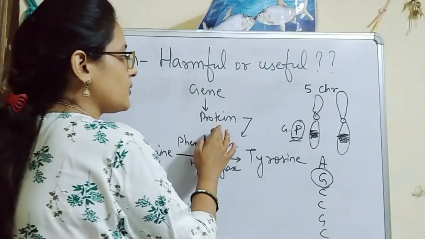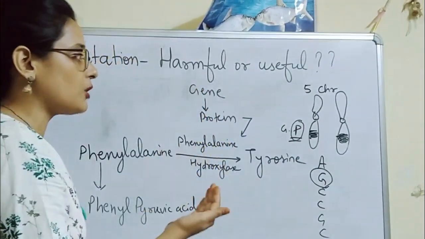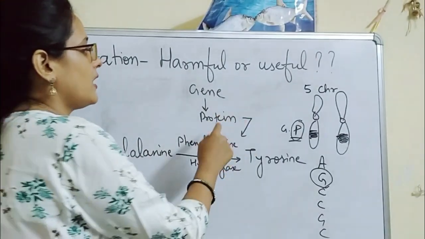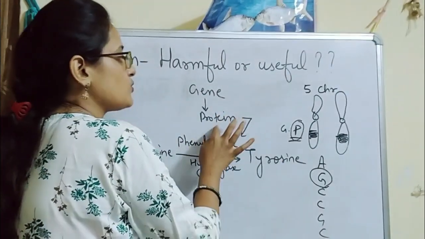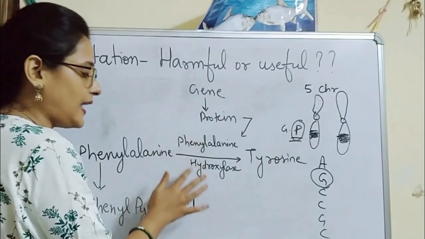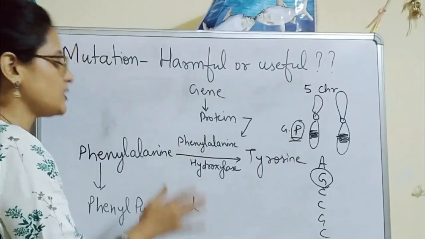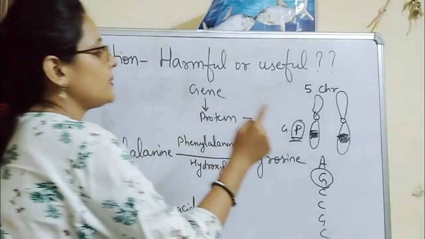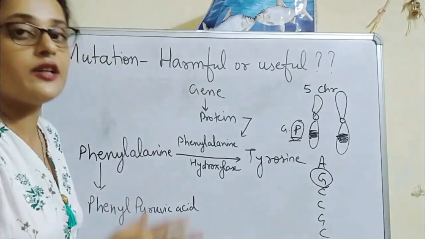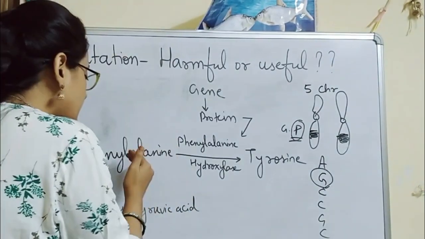So the protein produced from these genes will be abnormal, that is, not the same as in the previous case. The enzyme produced from these abnormal proteins will not function as phenylalanine hydroxylase, as a result of which phenylalanine will not be converted into tyrosine, and this phenylalanine will accumulate in our cells and they can convert